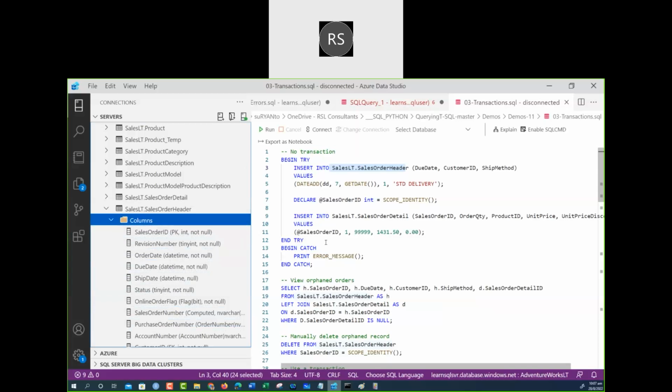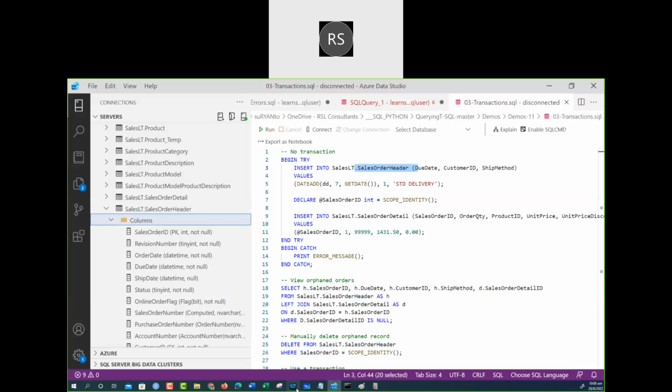After that we have the two operations here: insert into the sales order header, and then insert into the sales order detail. Why do we have two tables? For example,